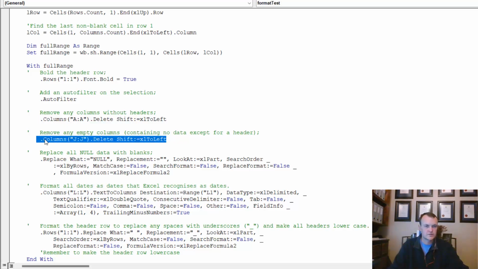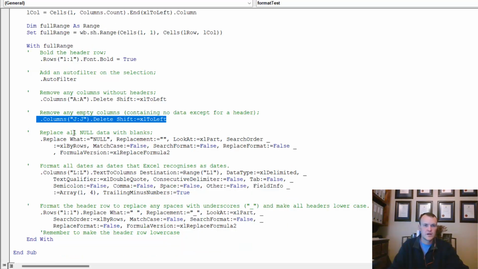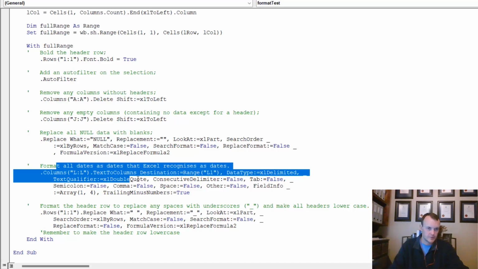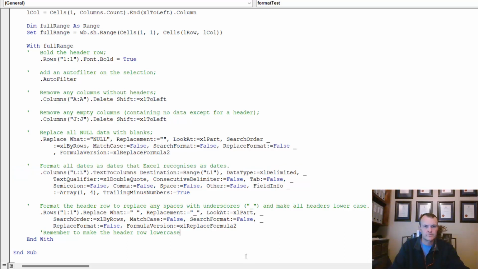Again, the same with this, finding empty columns. The replacement of the null data, that's perfectly fine, no changes necessary there. On the dates, we want to determine which of them actually have dates. And then the last thing is just another piece of good practice, going at the end and going